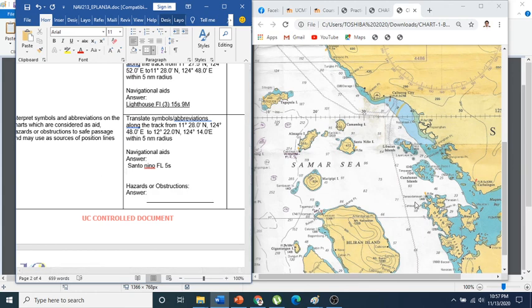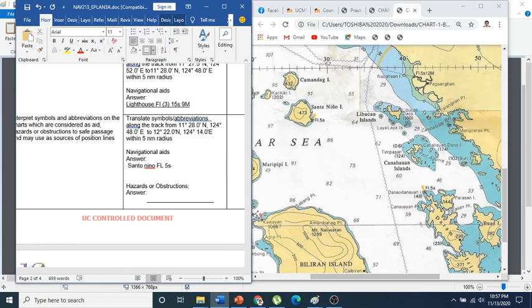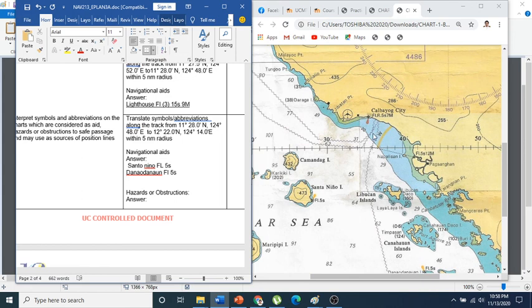Next one is Danao, and it is only requiring 3. So Calbayog Lighthouse, Calbayog, then the characteristic and so forth. Okay,